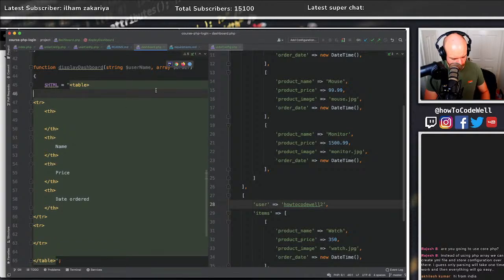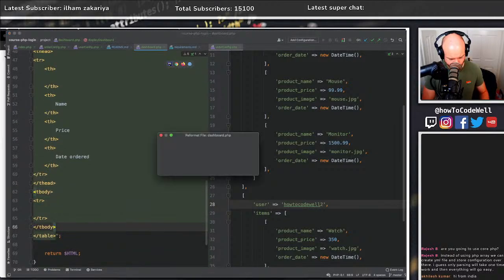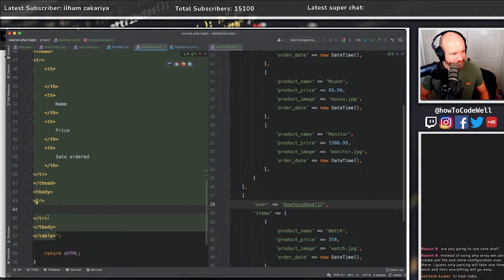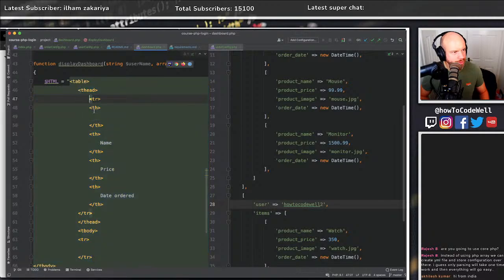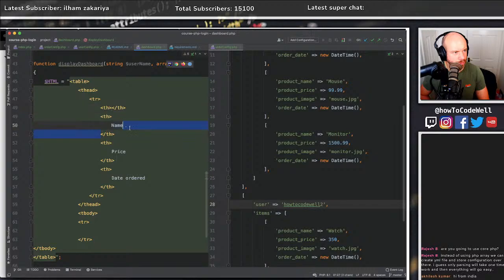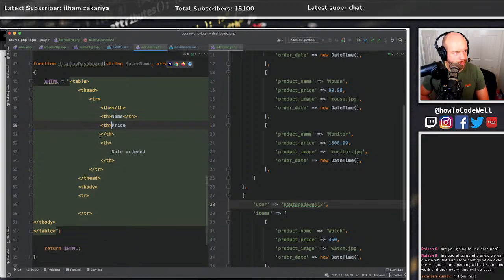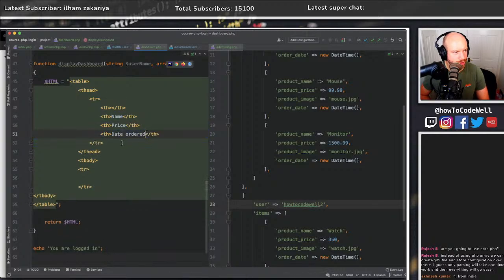Let's do this better. So let's do a table head. Yep, down there. And then this is a table body. Like that. And then I want to try and keep formatting this, but it's just not letting me, obviously. Let's make this a little better. There we go. Yeah. So we've got the table head there, and then we've got the table body, and that will have